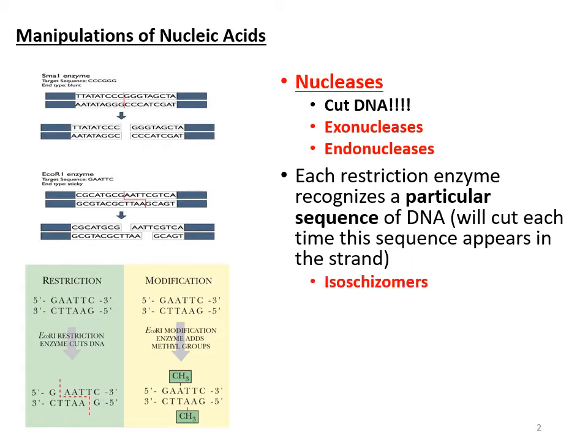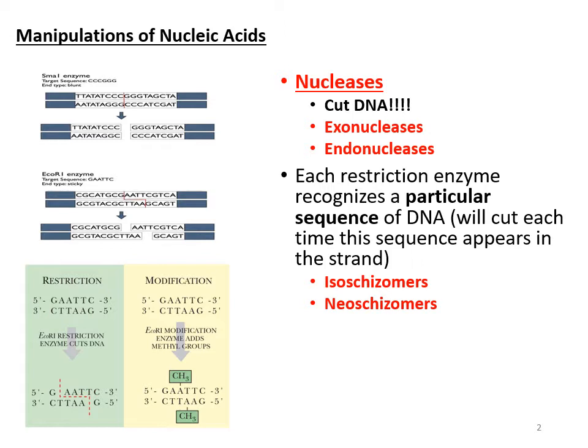Now, there are 2 terms I want you to know the difference between. So circle, star, highlight these because these are 2 of my favorite words in the English language. We have isoschismers and we have neoschismers. Both of these are terms for nucleases, but how they differ, okay? The trick that I use to remember which is which, I think of neoschismers first, because whenever you hear neo, that means new, okay? So new means that neoschismers are 2 enzymes that will recognize the same sequence of DNA, but